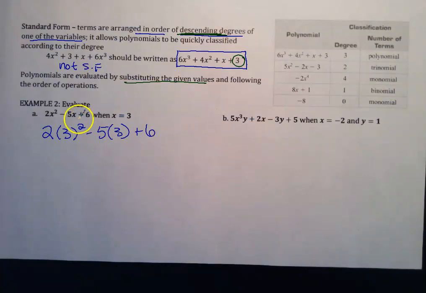Okay, so we have to do the exponent first, right? So we would have 2 times. Okay, great. Josie, what would you do next then? So we have 18